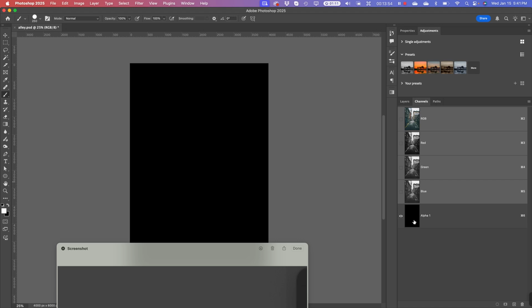And by default, it makes it black. So generally, when we're talking about channels and alpha channels, as well as masks, they're always a black and white kind of thing, a black and white image. Black is always transparent, white is always opaque. So if I